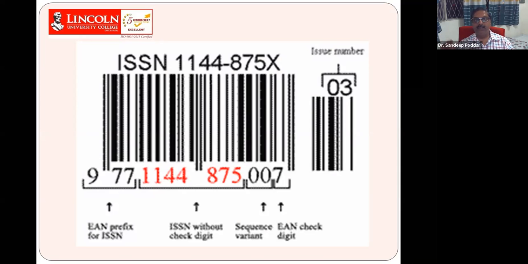Suppose a Scopus journal is there, and someone takes its name and publishes papers. If you verify with the ISSN number with the UGC or Scopus, then you can easily understand which one is the original journal. Fake journals are very common now; it is a business. Be very careful. Don't publish any article in predatory journals.